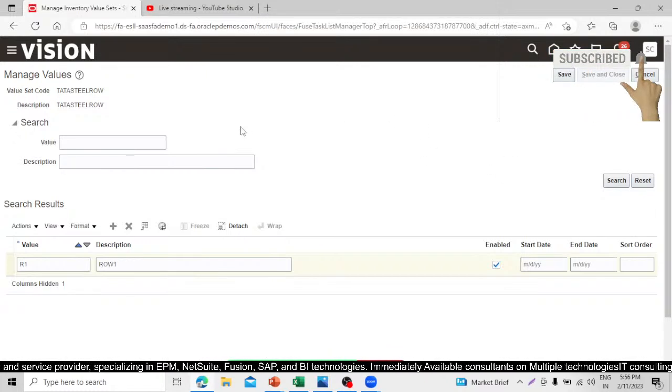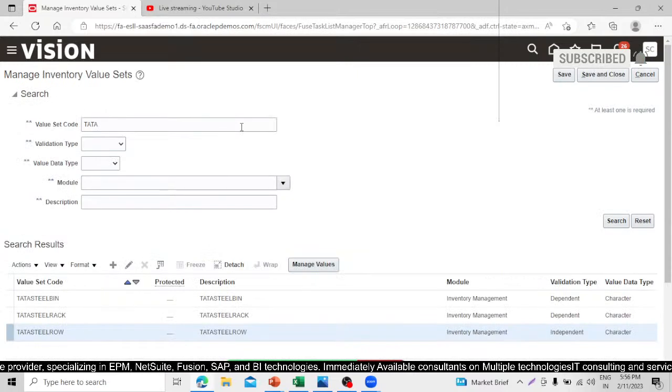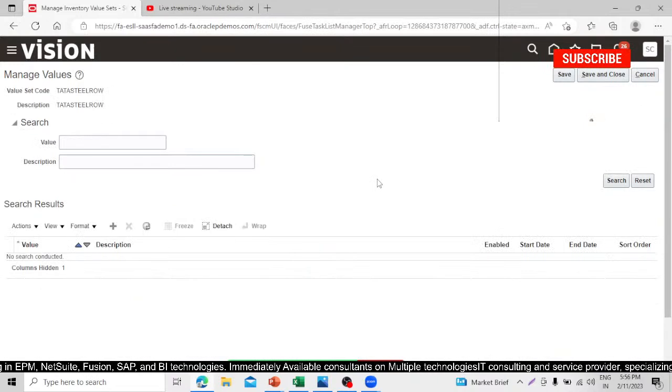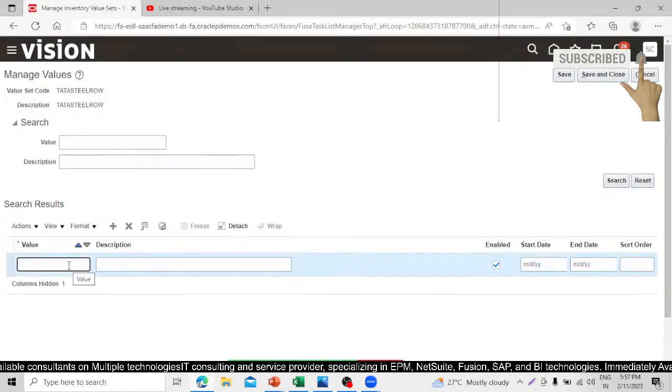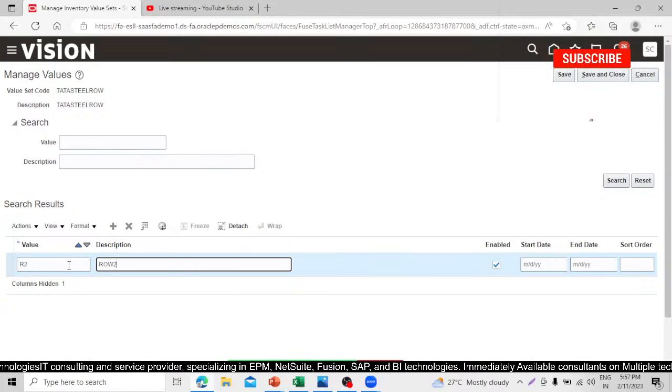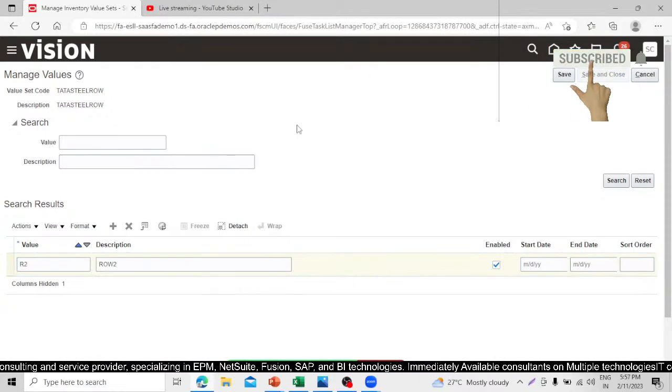Let's create one more for this row and manage value, so that we can have some scenarios. Right, we have the row 2, R2, and row 2, right? In the same way, we can define the